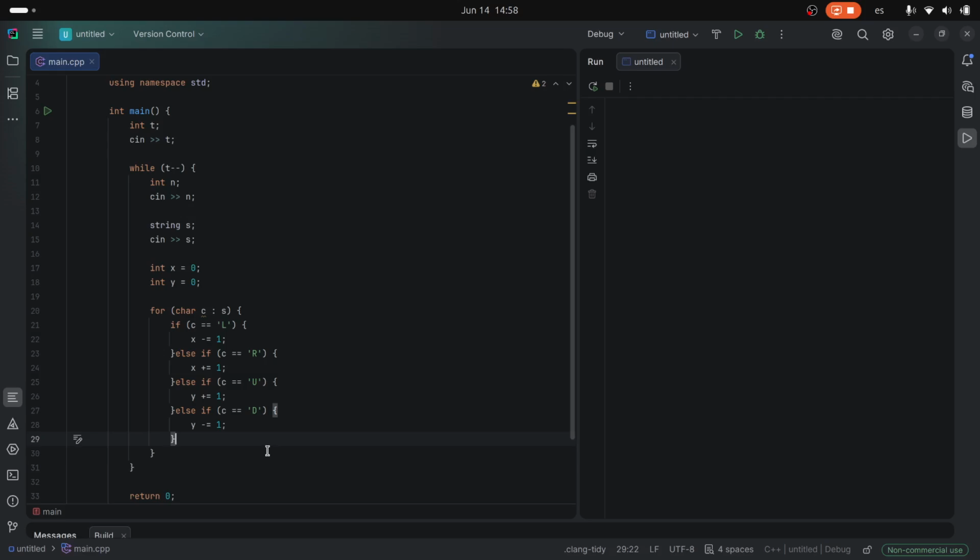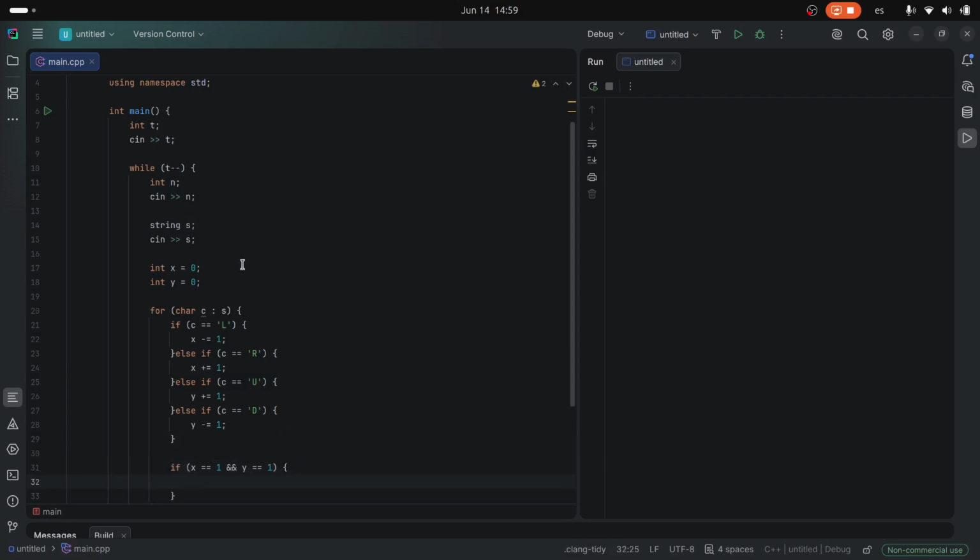Because if we are, then we can end the discussion because that means we have reached the point which we care about. So let's do just that. If x is 1 and y is 1,